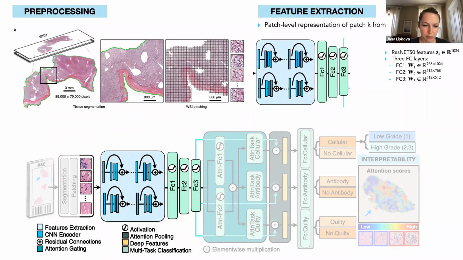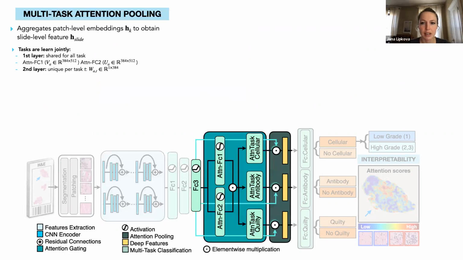So now basically we have patch level embeddings, but we don't have patch level labels, as is the case with multiple instance learning. We only have patient level labels. So we would like to aggregate the information from the patches to obtain the slide level or patient level labels. And there are different ways you can do this aggregation. You could use max pooling, min pooling. What we use here is the attention-based pooling.